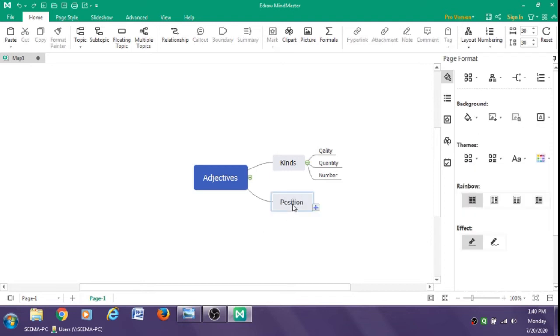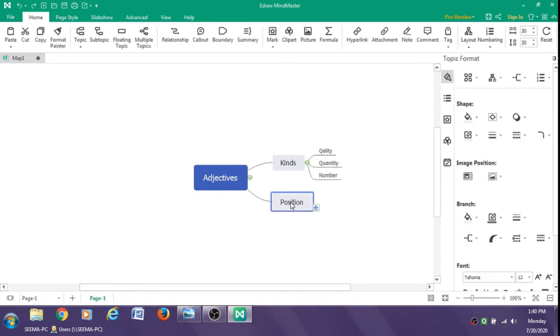Now to add some subtopics to this subtopic of position, I again click on this node of position, click on this plus sign, a node opens, double click on it to write the text that it may be before noun.